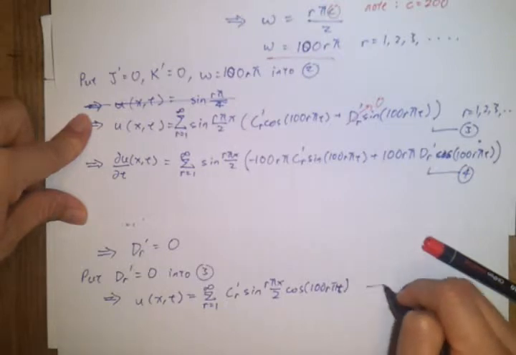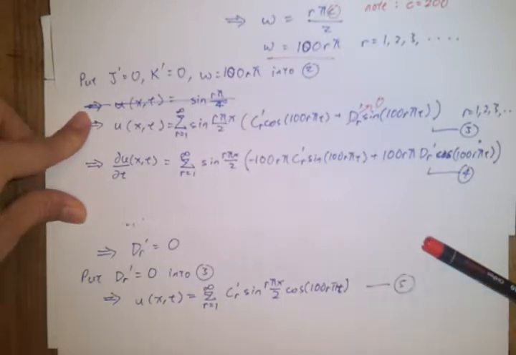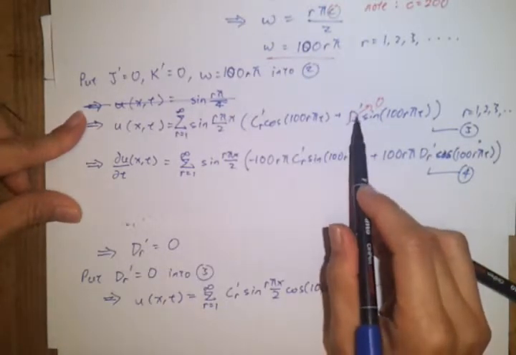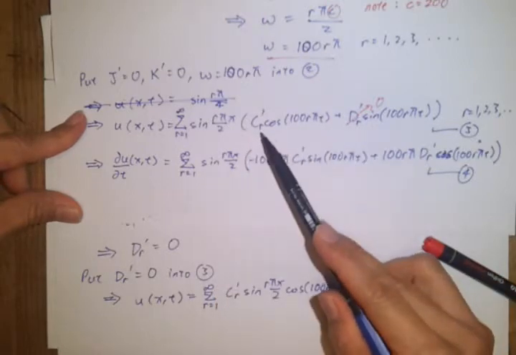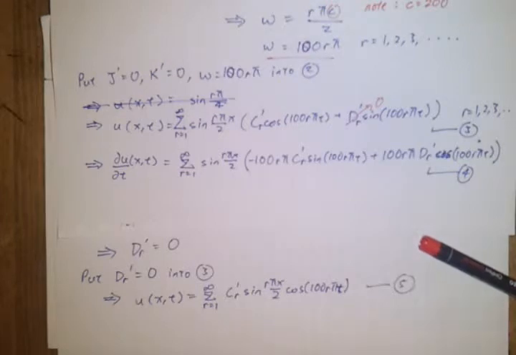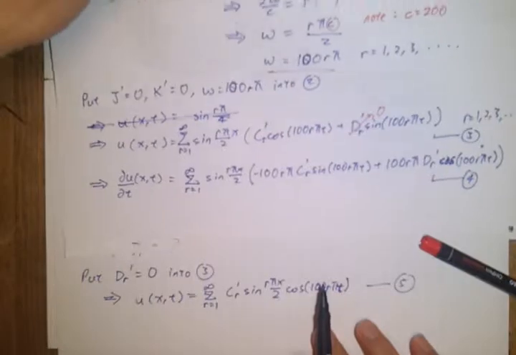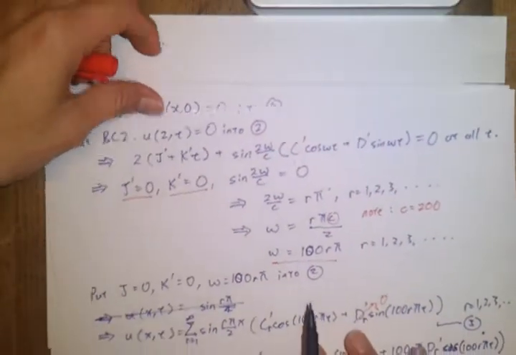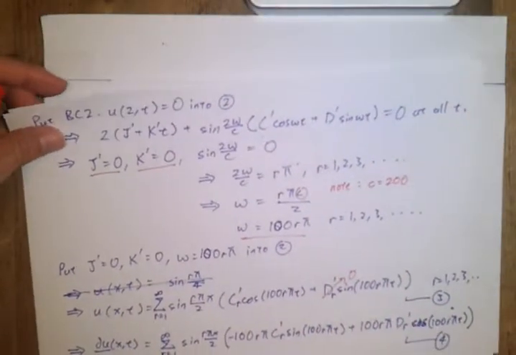Okay, so this is your new solution. I found D R prime to be 0 already, so once I find what C R prime is, that's my solution. Alright, so how do you find C R prime now? To find C R prime, you have one more piece of information that you have not used in your question 2,